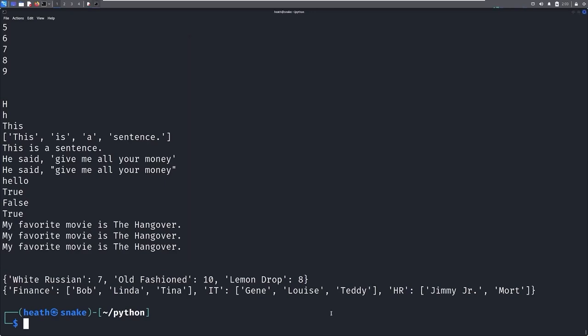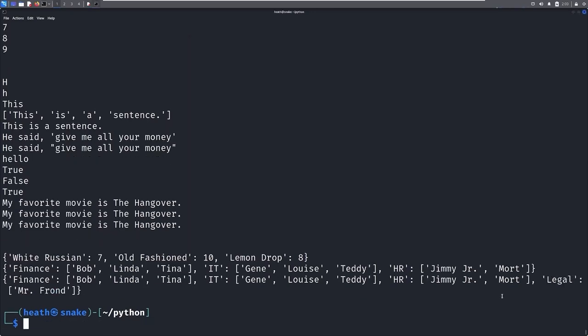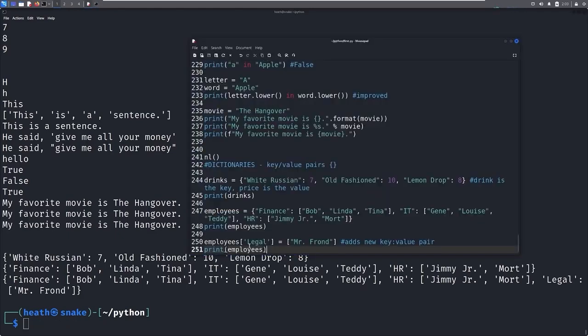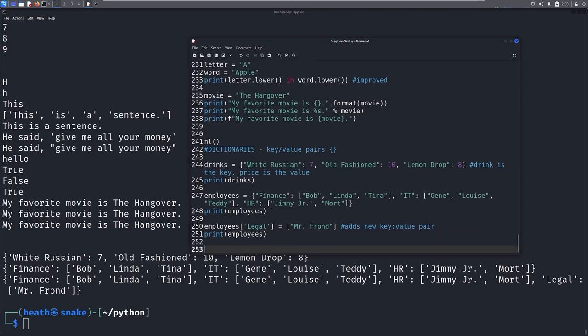Save, print. And you can see legal adds Mr. Frond. So we are adding to the end of our dictionary, just like we added to the end of our list. Everything gets appended to the end unless we specify otherwise. Let's go ahead and come in here. Another way that we can do this is we can say something like